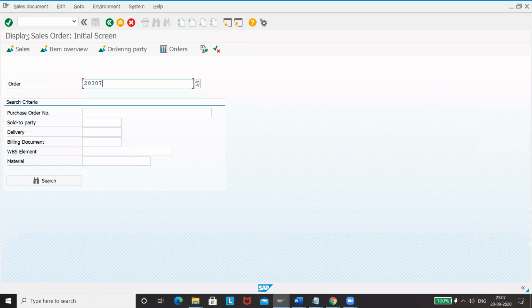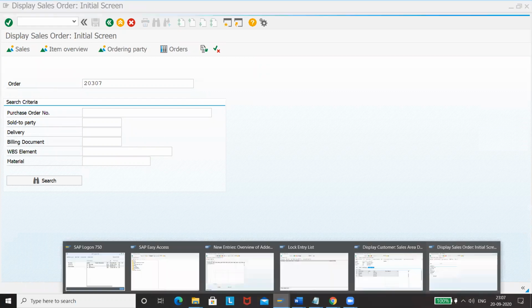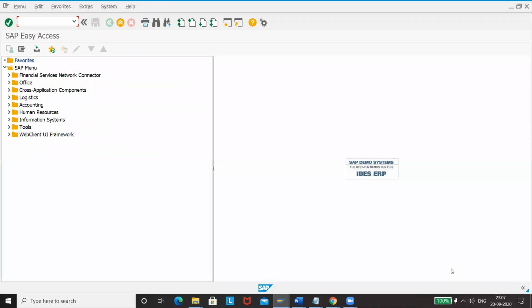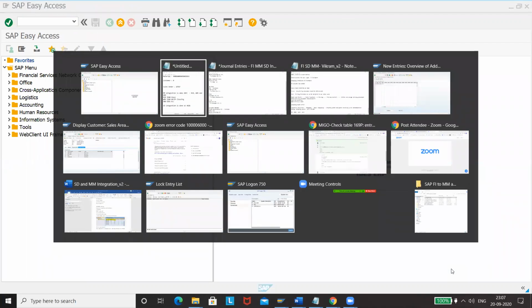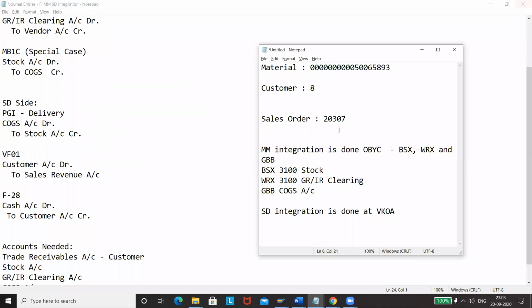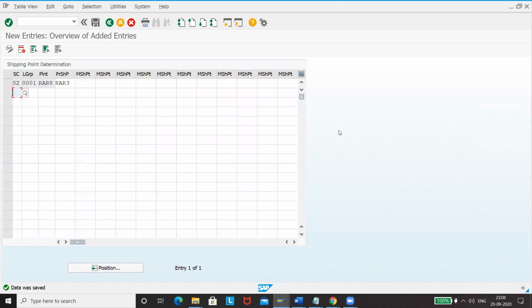This is sales order number. We'll see if we can directly go from here as well. We have opened too many sessions, so we'll try to close a few of them.